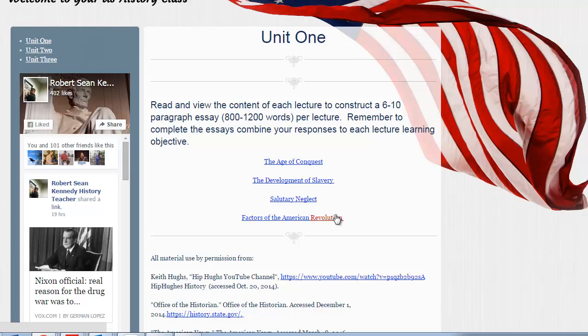And the other thing, too, is when it comes time for you to take the pre-test or post-test, it would be very wise to sit down with your index cards and kind of test yourself, go through each learning objective for each particular lecture, and it will tell you within your own mind really quick where you're strong in each lecture and where you're weak. So you flash yourself, you drill yourself for learning objective 1 for the Age of Conquest,